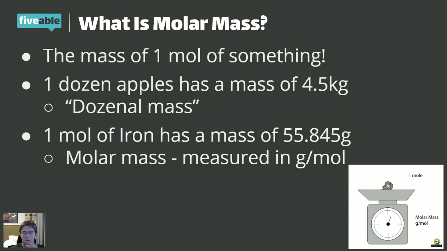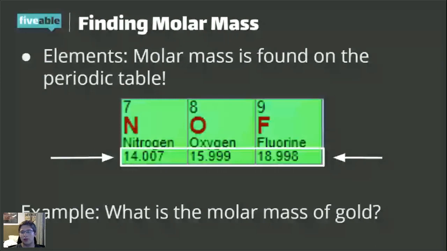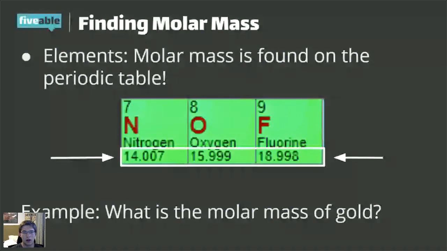So really, how do you find molar mass? We have this concept of molar mass, but how do we actually find what the molar mass of a certain element is? Molar mass is found on the periodic table. It's as simple as that. The numbers under nitrogen, oxygen, fluorine, these numbers right here, are the molar masses of